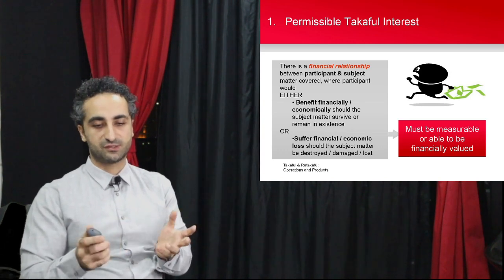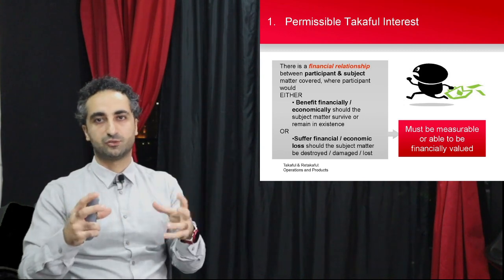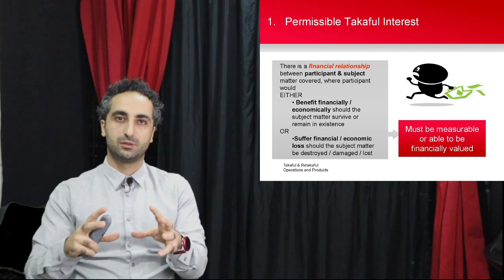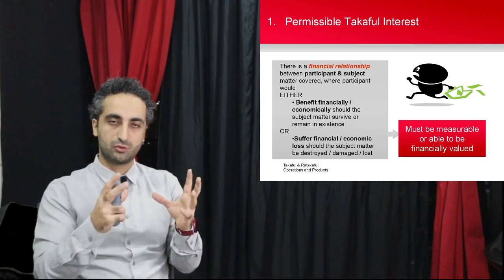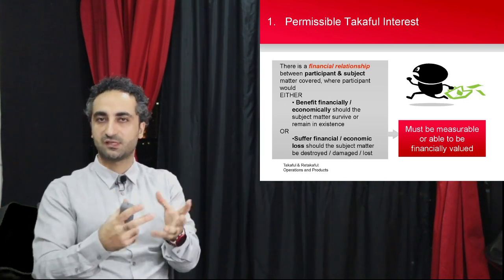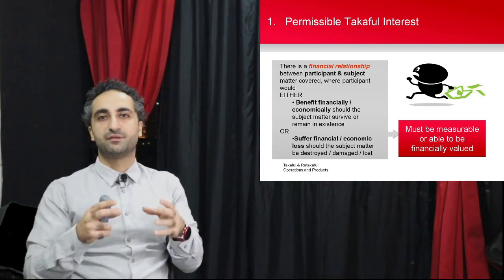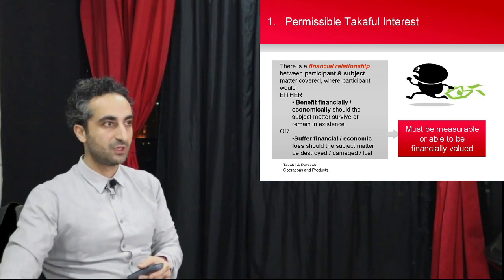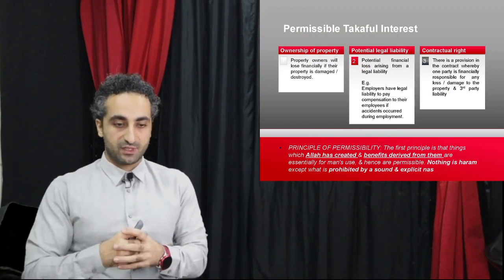subject matter be destroyed. So the subject matter here, a car, a house, a painting, anything, must be measurable. We need a benchmark to know the price. We need to basically determine the market value of this. How? Maybe by looking at the same car at the market, the same house at the market, etc. So let's get some more details.